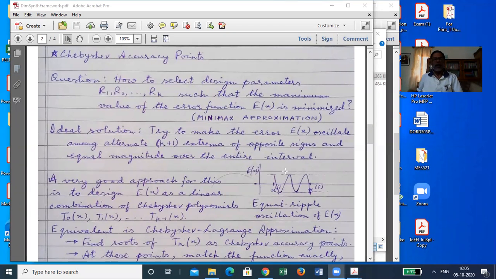So Chebyshev approximation theory, or minimax approximation theory, helps a lot in settling this question. To answer this: how to select design parameters R1, R2, etc. up to Rk such that the maximum value of the error function is minimized over the domain. Actually, this question is loaded. This question is the most important thing,